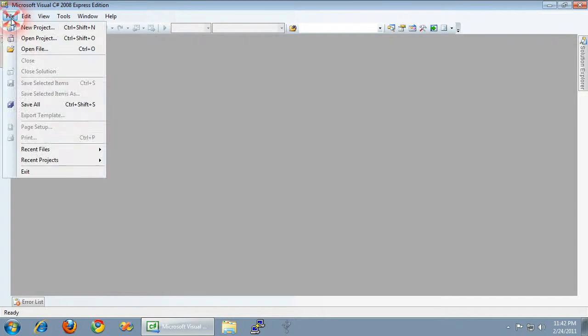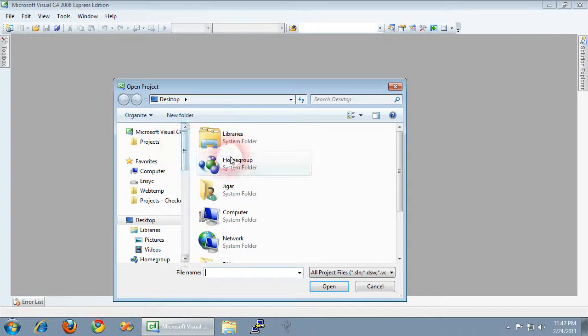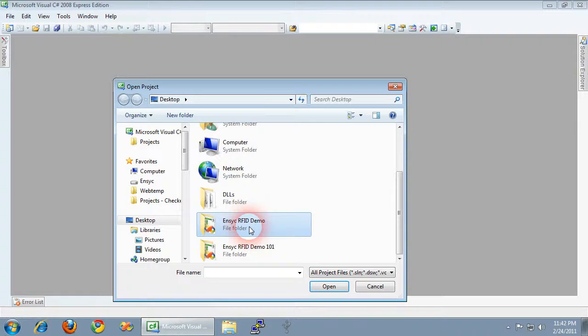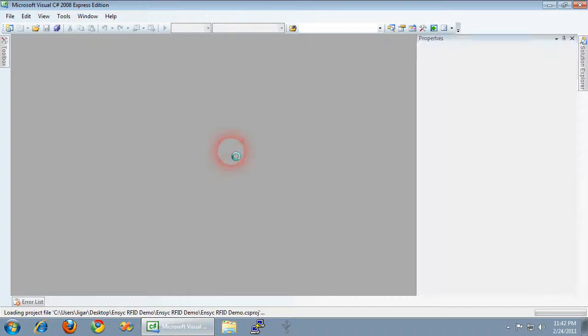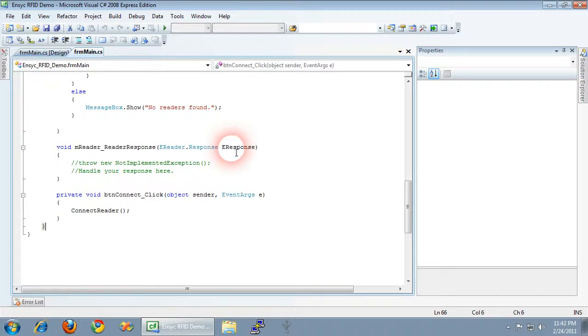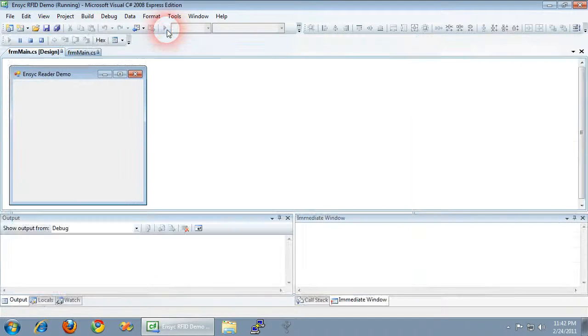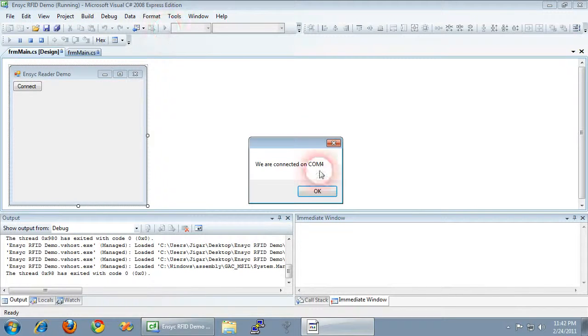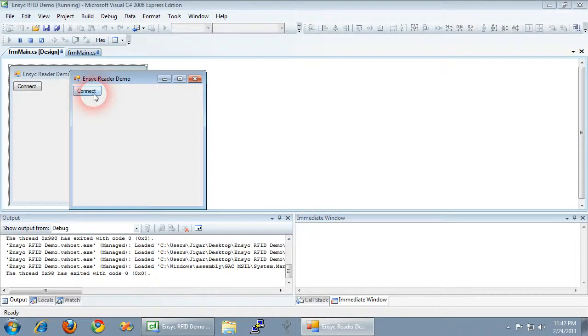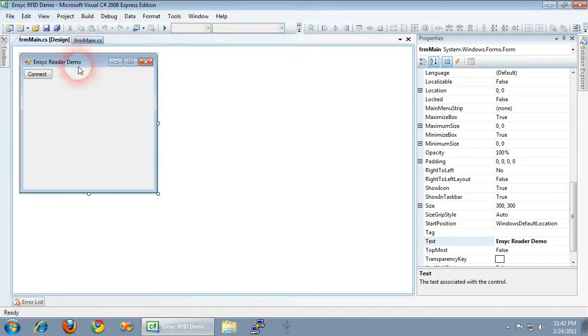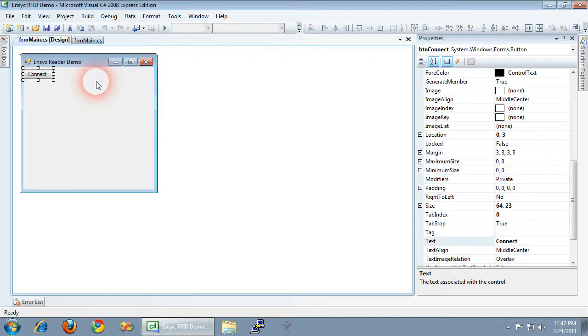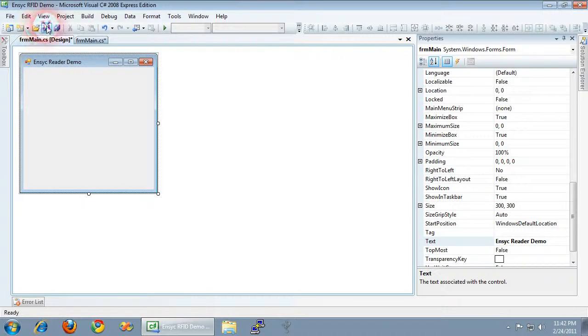So I'm going to open the last saved project, and it was NSYC RFID demo. Last time, we made an application that shows up a message box that we are connected on COM4. If we cannot connect, we can say connect. But I'm going to make some changes. First of all, I'm going to remove this button and